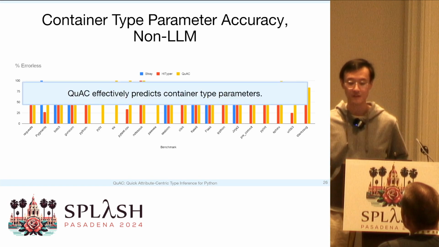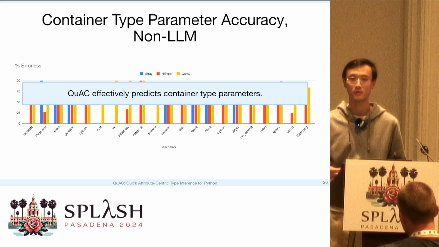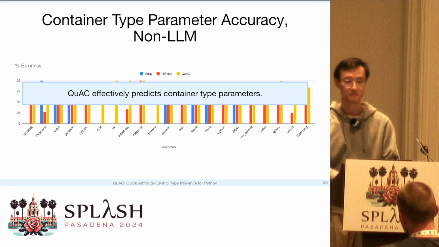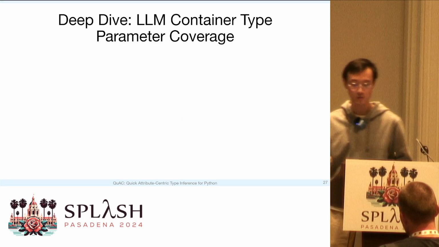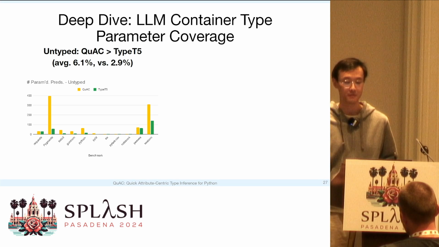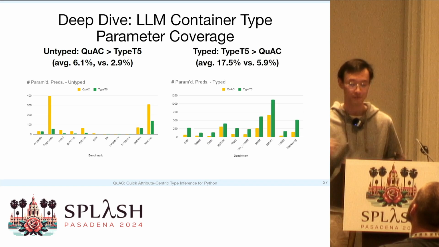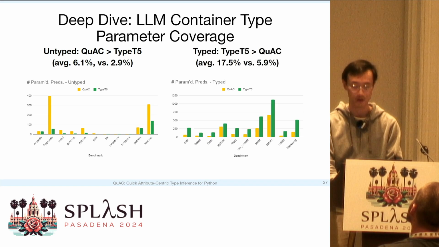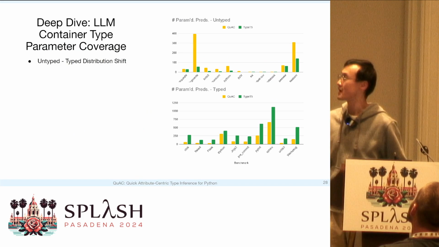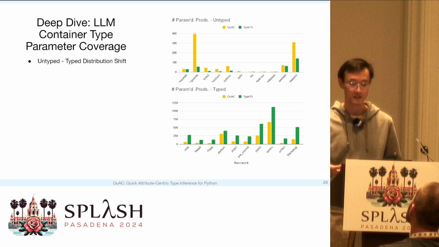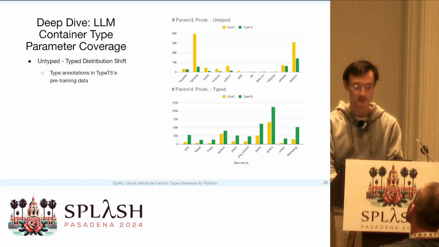This demonstrates the effectiveness of QuaC's approach to predicting container type parameters. However, what's interesting is that when compared to Type4Py, QuaC predicts a higher number of parameterized containers on the untyped benchmarks, while Type4Py does better on the typed benchmarks. This shows that there is a clear distribution shift affecting Type4Py, depending on the presence of type annotations in